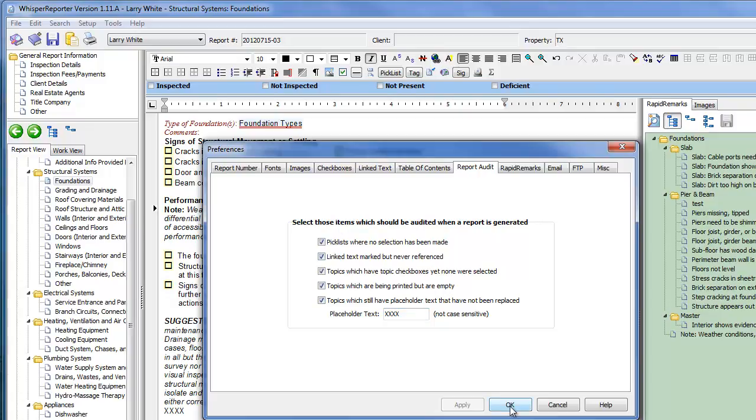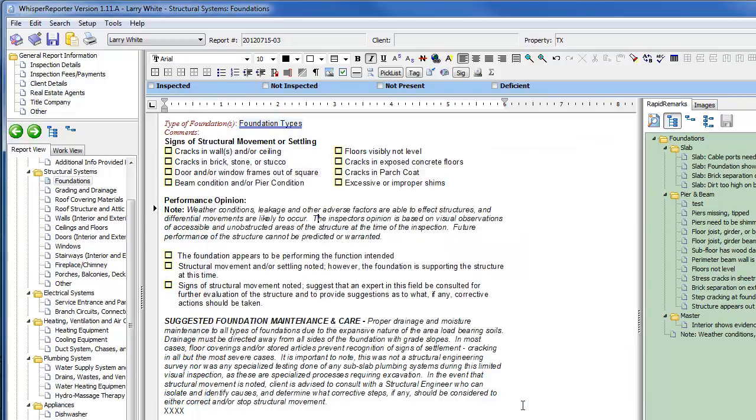The guys here in Texas can actually be fined if they forget some of these items on their reports. And of course, people outside of Texas might want to be notified if they forgot some of these things as well. But anyway, the auditing system is a handy tool to help catch you in case you forget something. So if we click OK here,